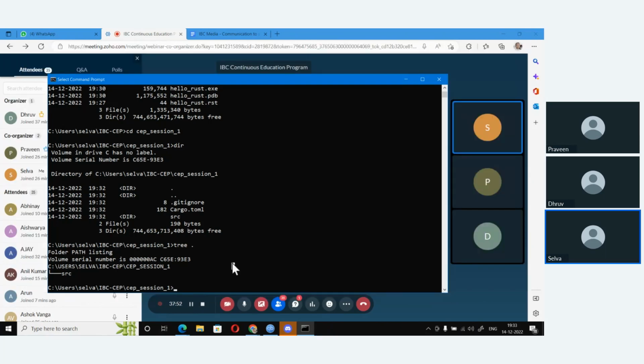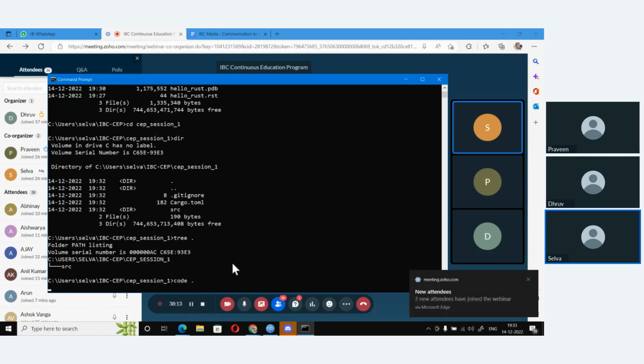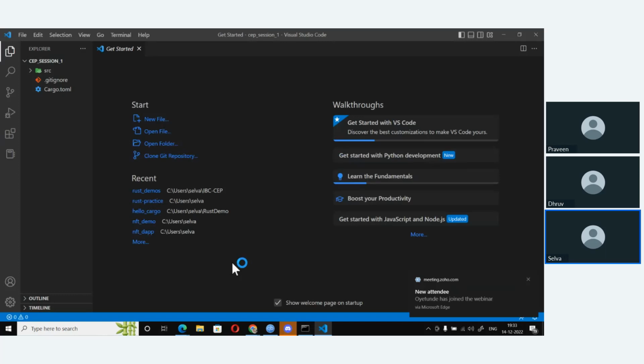To invoke that, you use code and then you say dot, because when you load Visual Studio Code, you have to mention which is the project directory. Since we are already in the cep_session_1 directory, which is the project directory, we said dot. Dot means the current directory, so load the current directory into the workspace. There you go.